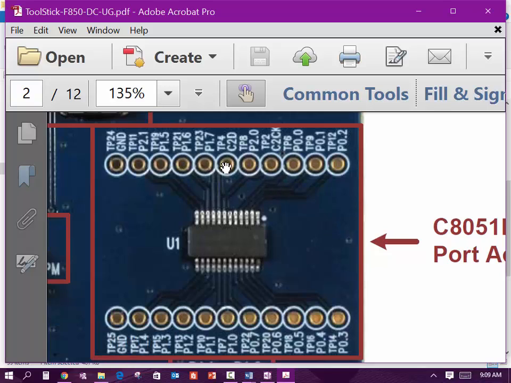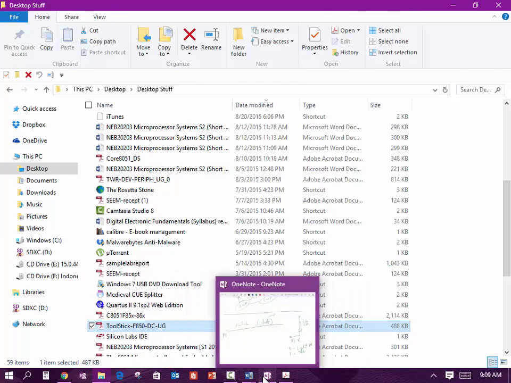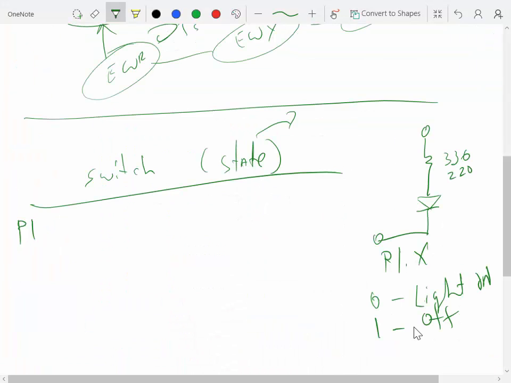But we're going to use port 0, so you start here, and you take your jumpers around that there, off the back, that there. And again, those are hooked up right there. So this is port 0.x right there. So you go through, and this is going to be 3.3 volts, and you take that off the board. Go ahead and pull the 3.3 volts off the board right there, and there's a place where you can jump to that from right there off the board. And so you take your 3.3 volts off the board and you bring it around to that there, because as we look at the board,